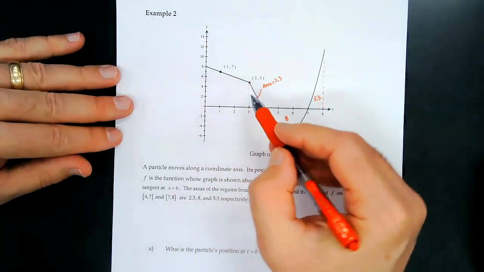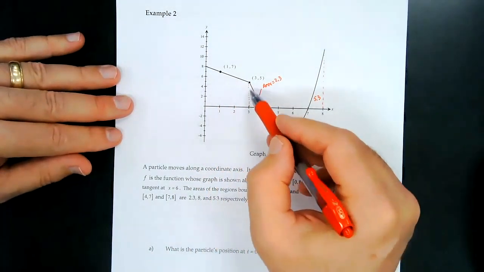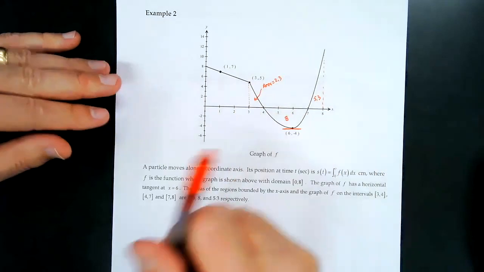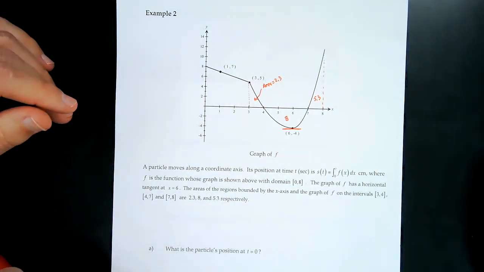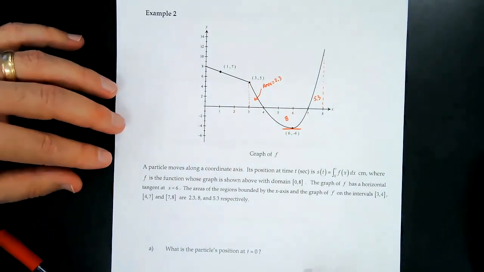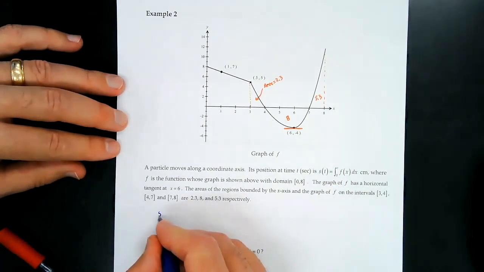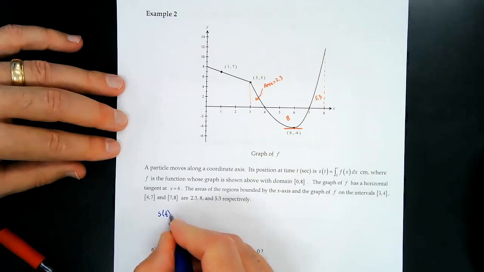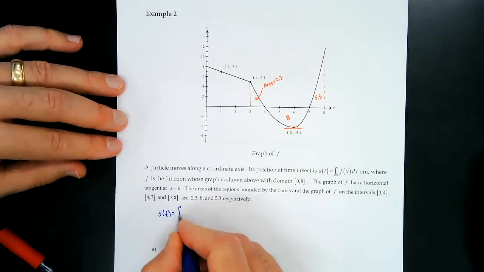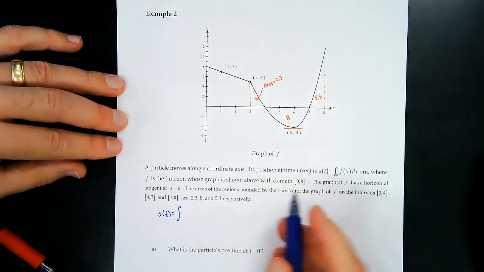This is a nice line. So we could break this up into a rectangle and a triangle if we need to, okay? All right, so a few things that we know: s of t, the position, s of t is equal to the integral from 0 to t,